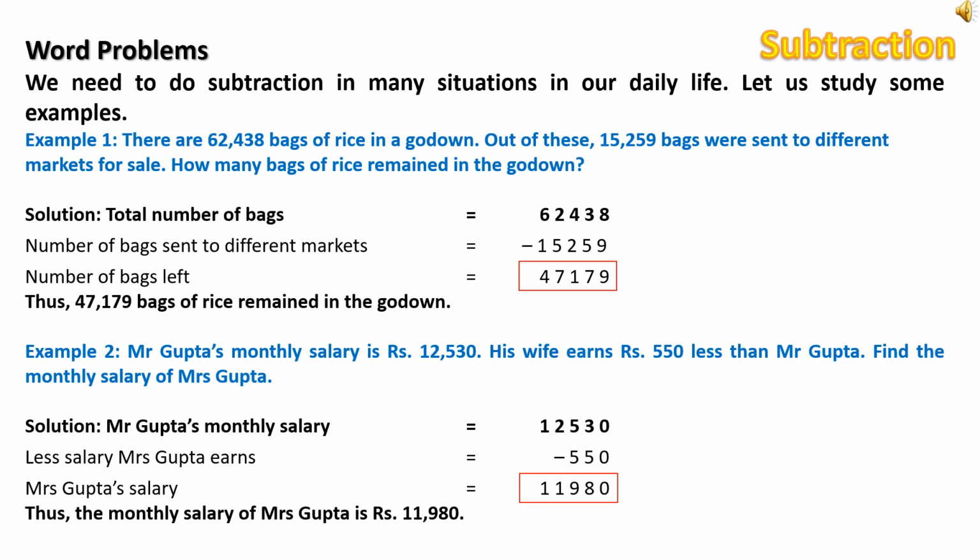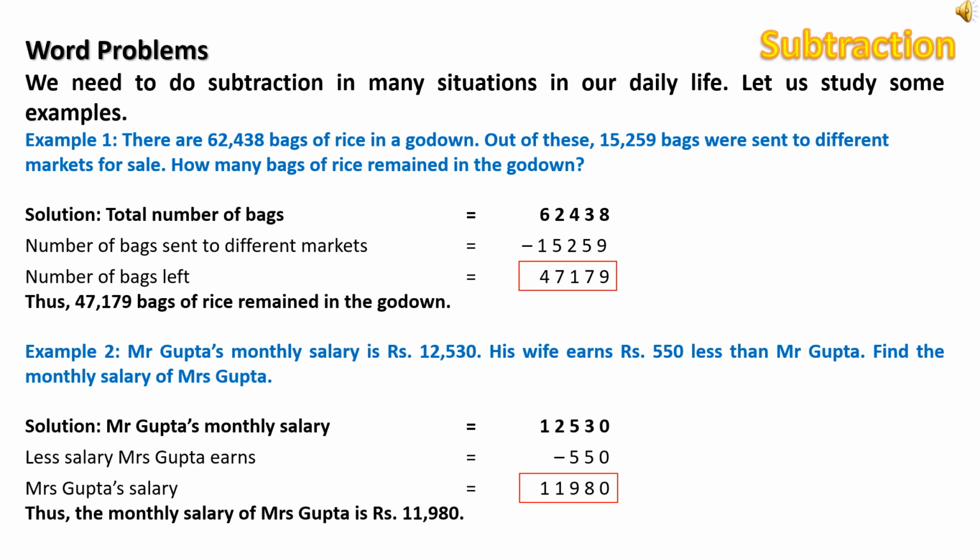Now example 2. Mr. Gupta's monthly salary is 12,530. His wife earns 550 less than Mr. Gupta. Find the monthly salary of Mrs. Gupta. First you write the monthly salary of Mr. Gupta, that is equal to 12,530, and his wife is getting 550 less than Mr. Gupta. So you subtract rupees 550 from the salary of Mr. Gupta, then you will get the final salary of Mrs. Gupta,